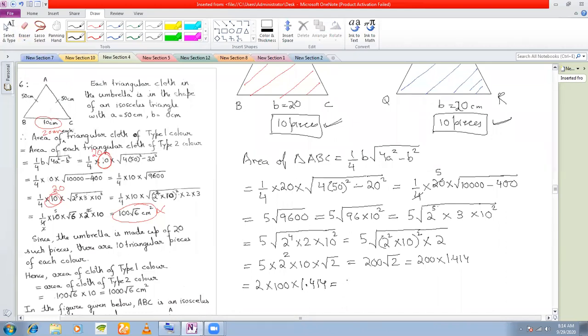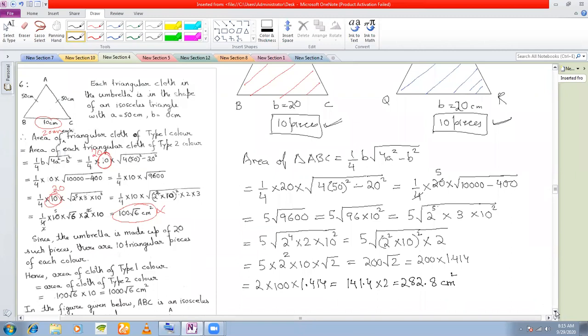So now two decimals will shift. So you get 141.4 into 2. So you get 8. You get 282.8 centimeter square. Okay. This is the area of